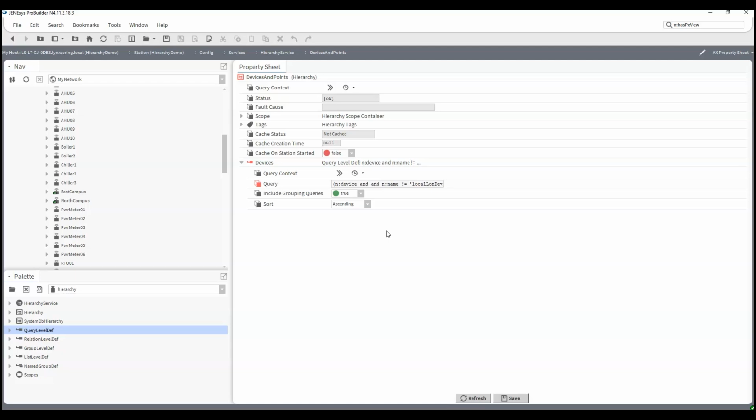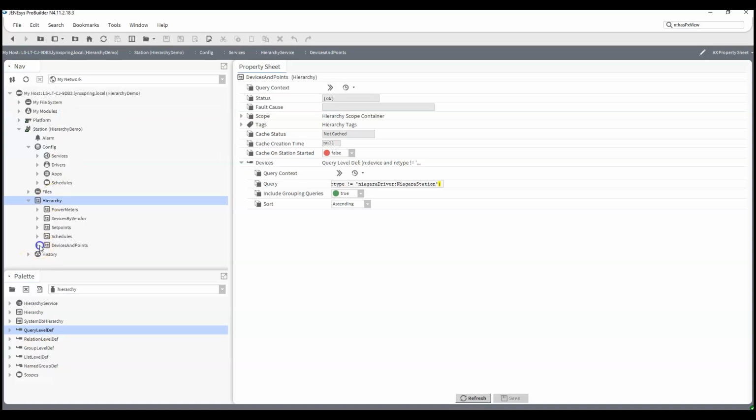So I'm going to say n:device and n:type does not equal, so exclamation point equal sign, in quotes, Niagara driver colon Niagara station, end quote, close parentheses. And now if I hit enter and I refresh my tree node,